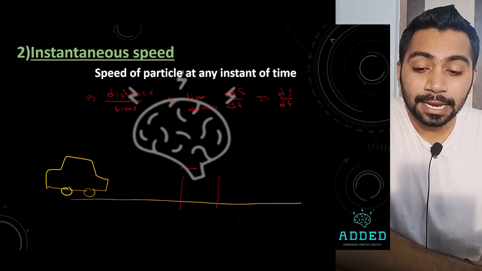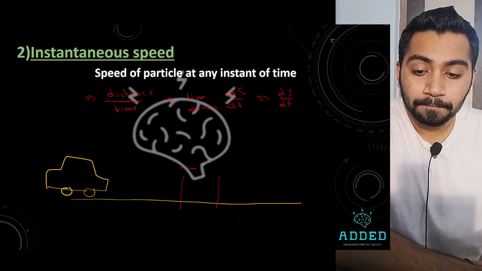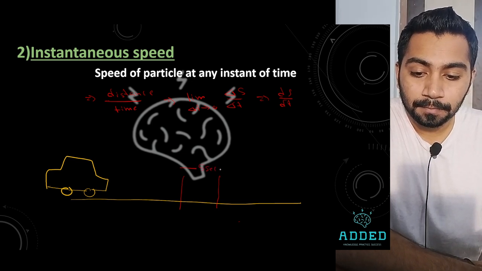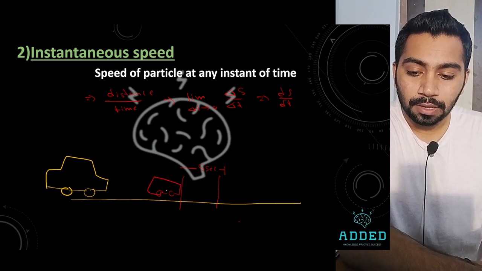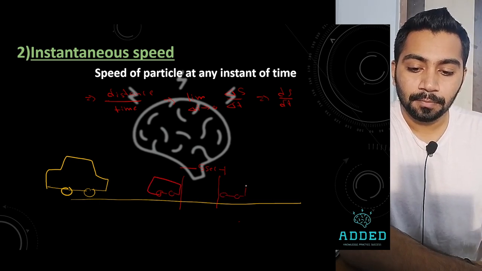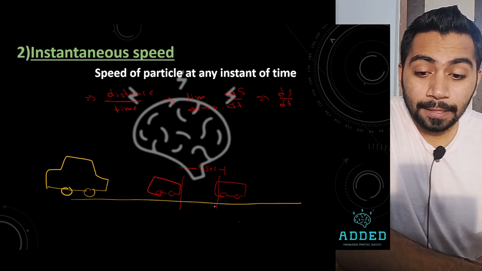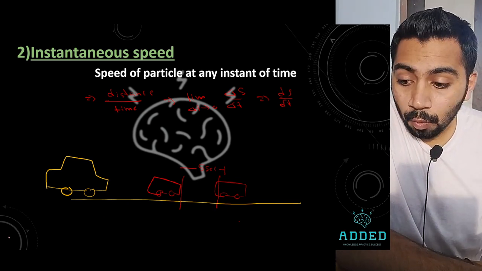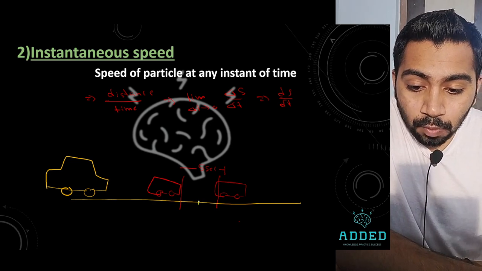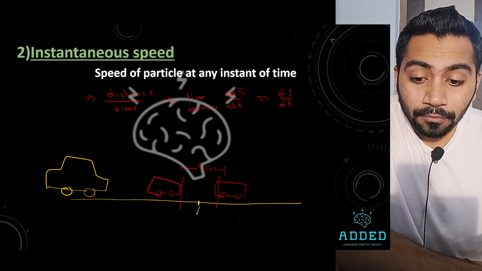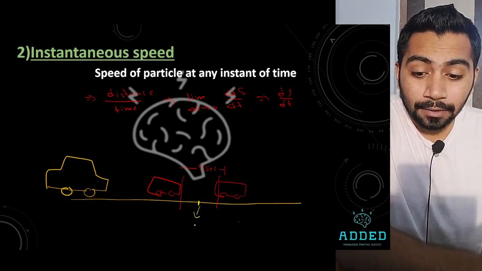This car takes 5 seconds to cross. Okay, 5 seconds is okay. Now what was the speed of the car at this one point, where time was not 1 second, where time was